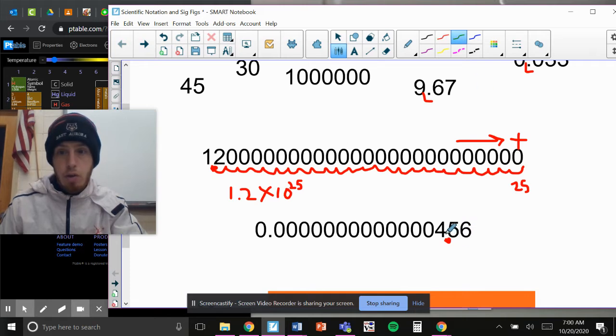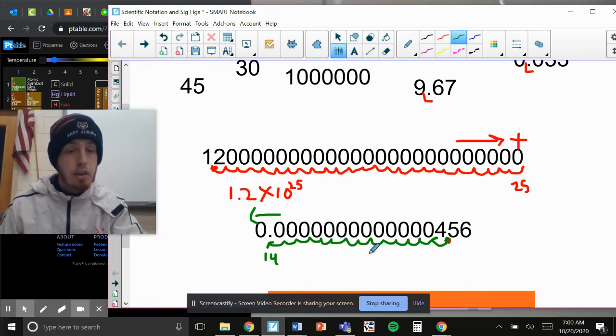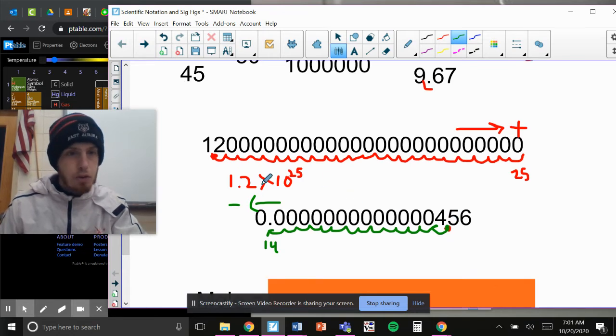With this one, and if you don't mind, I'm going to switch the color to green. 1, 2, 3, 4, 5, 6, 7, 8, 9, 10, 11, 12, 13, 14. However, because this number is small, you notice we went in the opposite direction. That is essentially the same as dividing. Now, there's an easy way to do this. We have